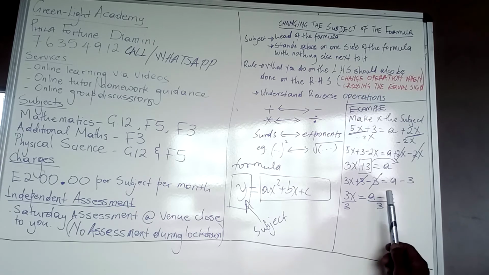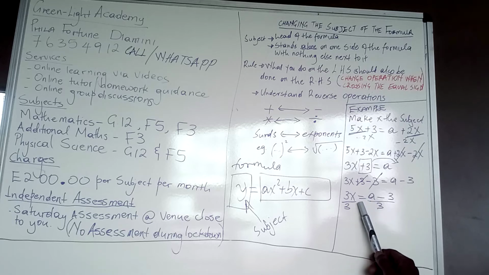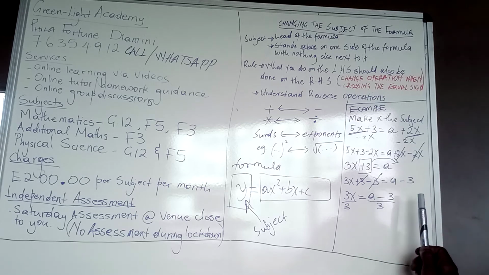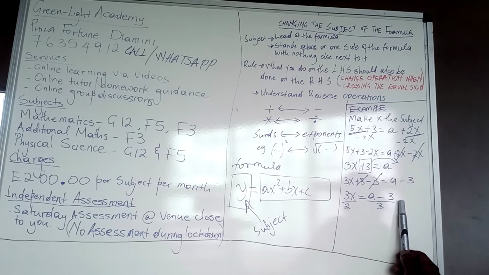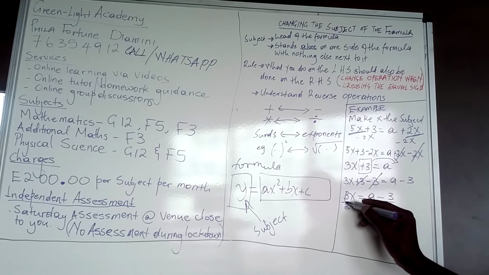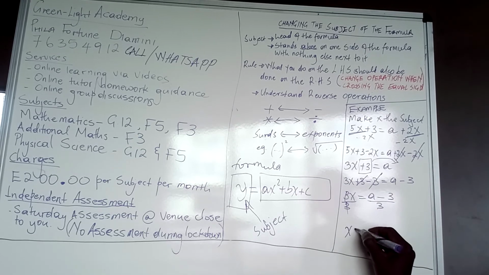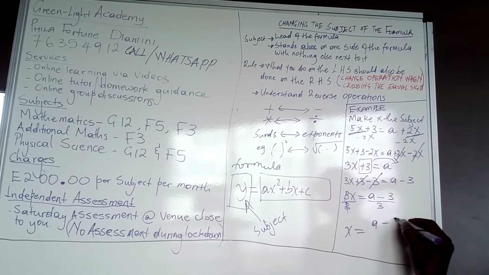If it is 2 terms, I have to divide all of them, not just one, so the division line has to cut across all of them. This 3 is dividing the a, and this 3 is also dividing that 3 there. So understand that. Then we have 3 cancelling 3, such that we are left with x equal a minus 3